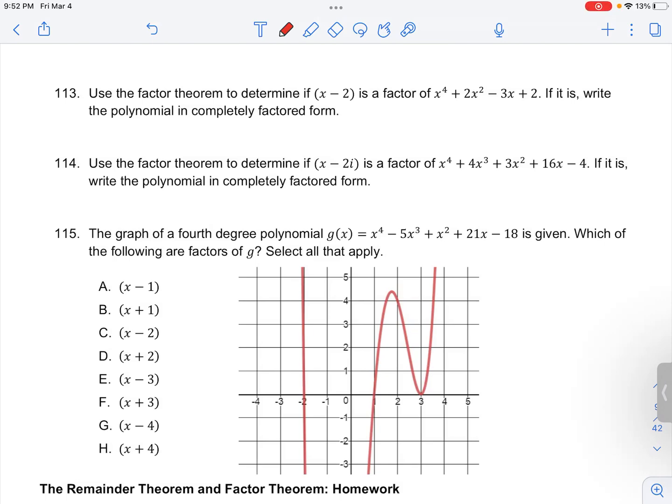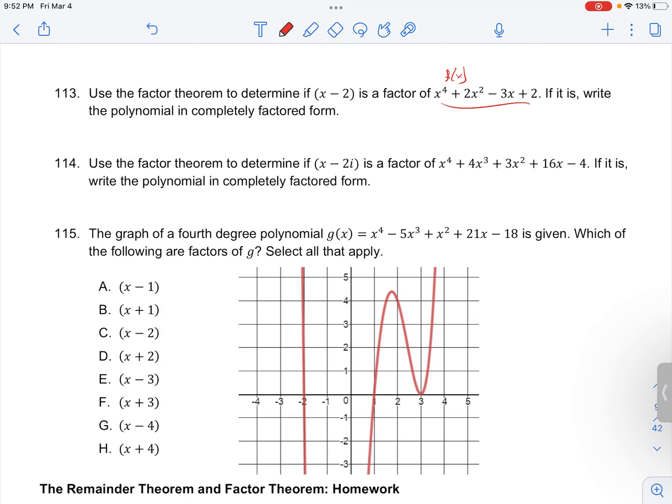Number 113 in your classroom for polynomial functions asks you to determine if x minus 2 is a factor of this function here, which we'll call f of x. So in order to determine if x minus 2 is a factor, we're going to apply the remainder theorem, but then set the remainder equal to 0 immediately, because